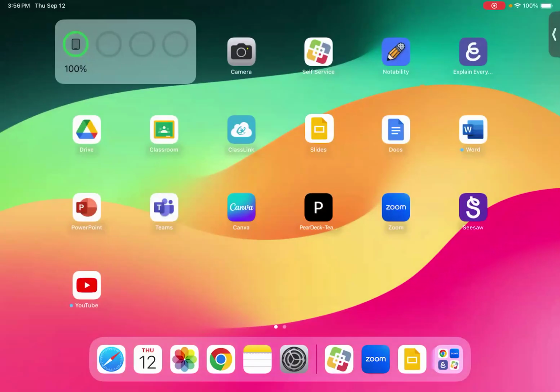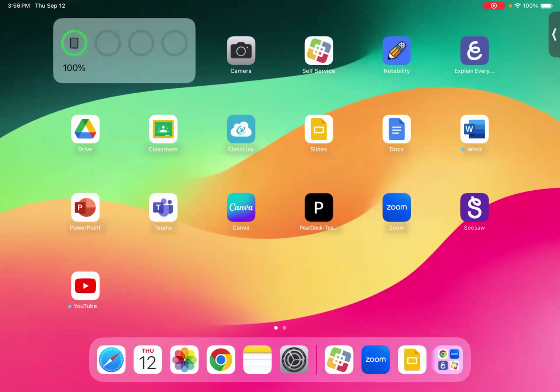Adding the battery display to the home screen. So let me show you how to do that. You can see in the upper left-hand side, I have a battery widget and my iPad is at 100%. If I had an Apple Pencil, in the next circle you would see the percentage of the Apple Pencil. And the way that I get there is I would